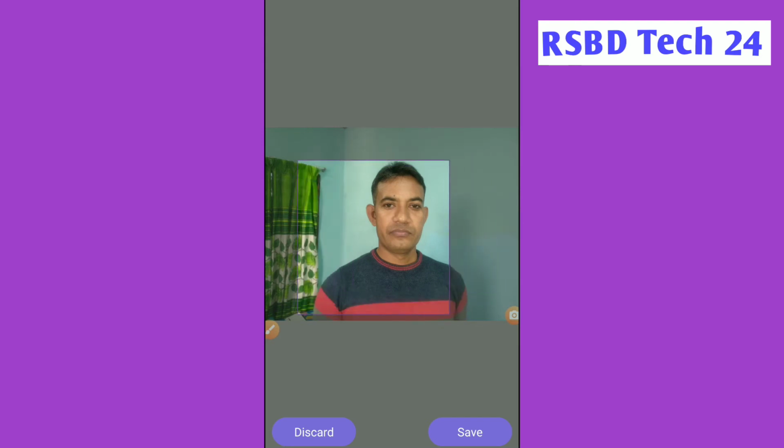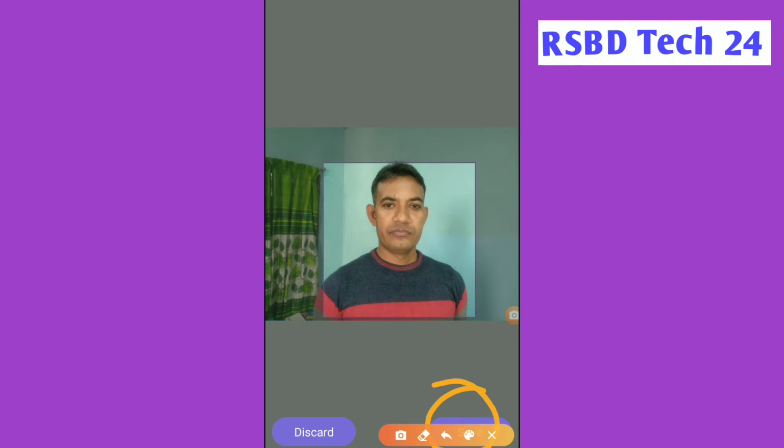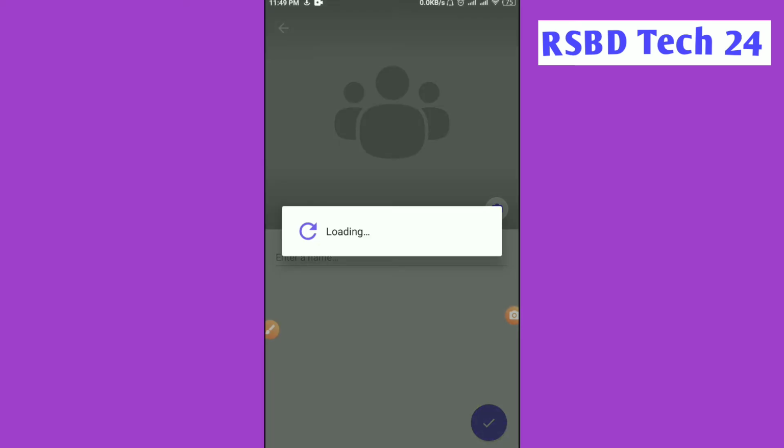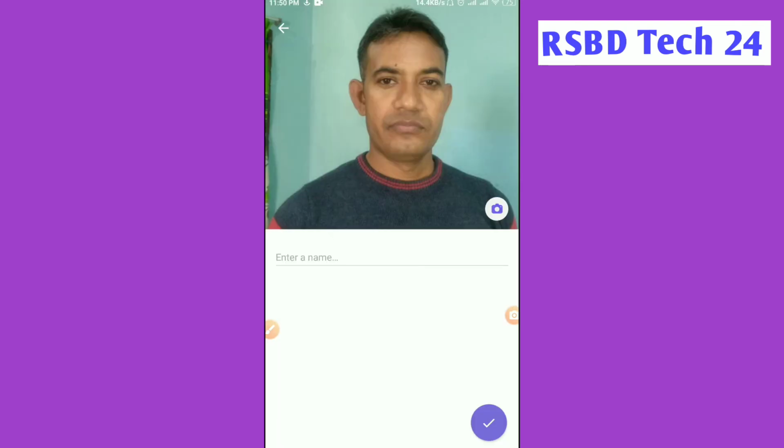move it, and you can crop this photo. If it's perfect, you can select it, save it, and if not, you can discard it. For this it is final. For this reason I want to save here. Viewers, it is loading, it may take some seconds. Viewers, you are seeing here this picture is already selected for this group profile photo, and if you want